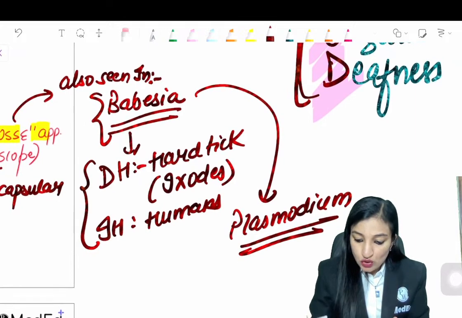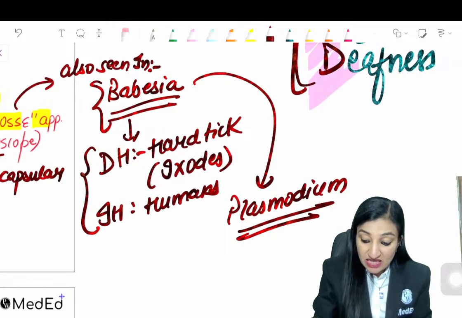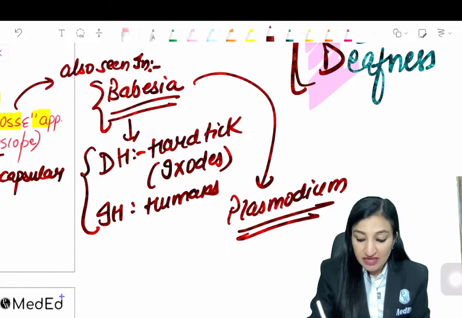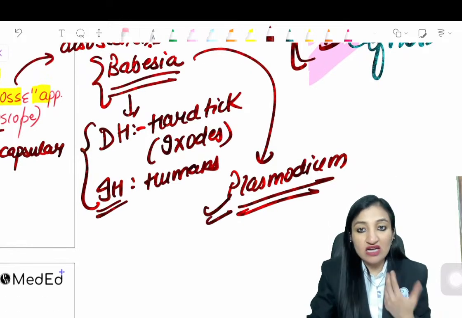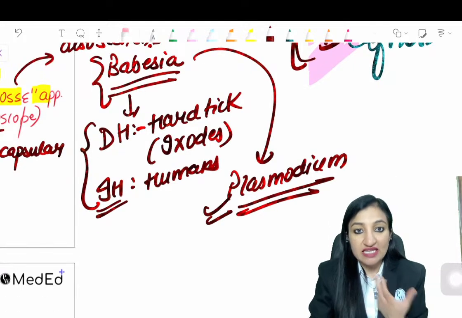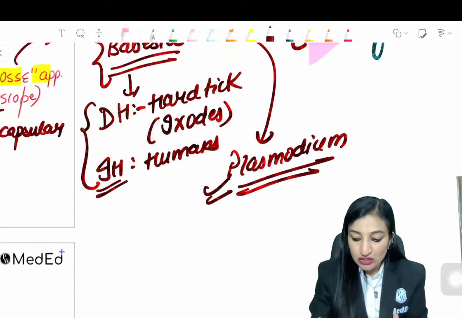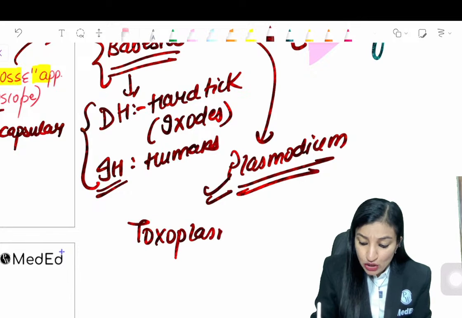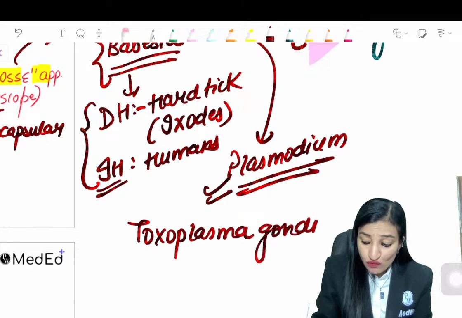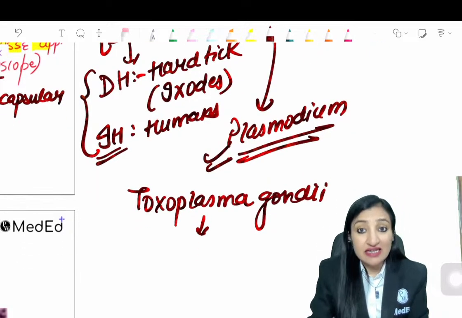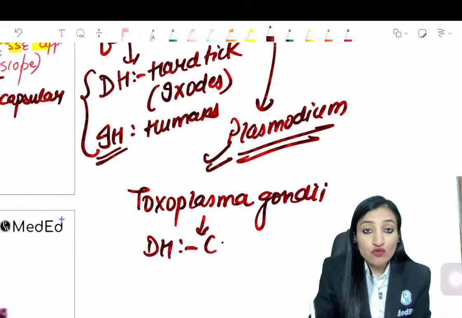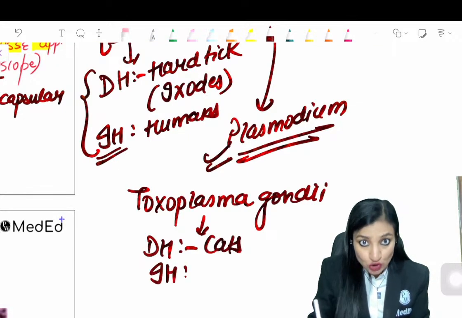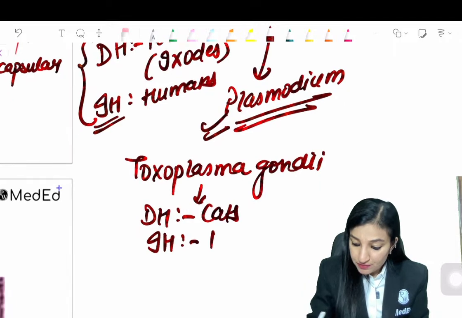Okay. So remember, in Babesia also, the definitive host... the intermediate hosts are the humans. In Plasmodium, we are the intermediate host. The definitive host is, as we discussed yesterday, the female Anopheles mosquito. And another example, Toxoplasma gondii. In Toxoplasma gondii also, we are accidental intermediate hosts. The DH, or the definitive host, are the cats, and the actual intermediate host are the